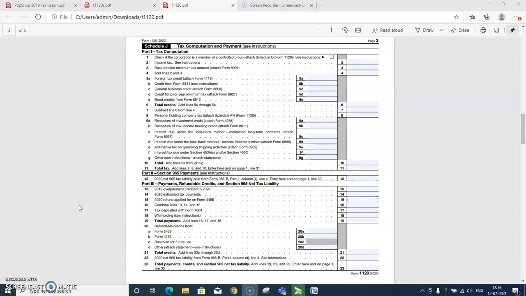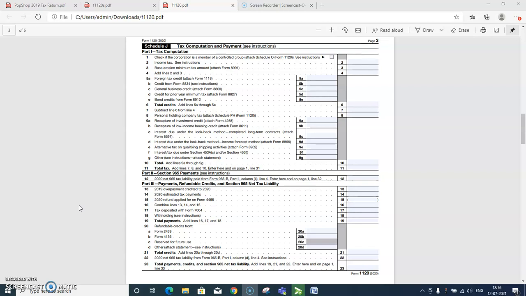Coming to line 5, foreign tax credit, you have to attach Form 1118. Line 5, to find out when a corporation takes credit for payment of income tax to a foreign country or US possession, you have to attach Form 1118, Foreign Tax Credit, Corporations. 5B,